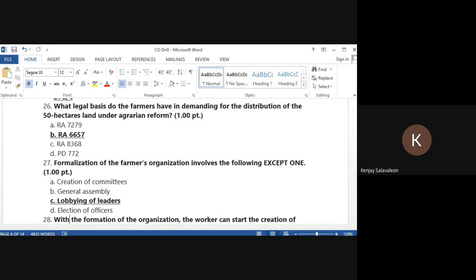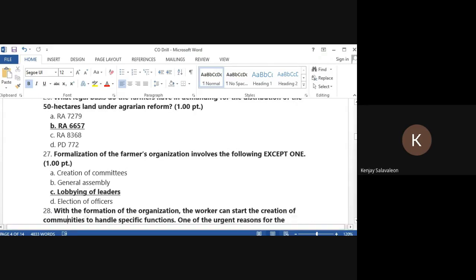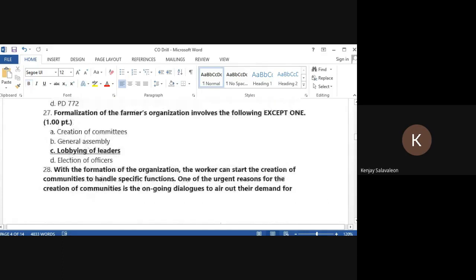Na-repeal niya yung anti-squatting law of 1997, while PD 772, an act penalizing squatting and other similar act. So yun. So basically, ang 8368, 772 has something to do about illegal squatting, and 7279, yung kanina, and 6657 is the CARP, Comprehensive Agrarian Reform Program. 27. Formalization of the farmers' organization involves the following except